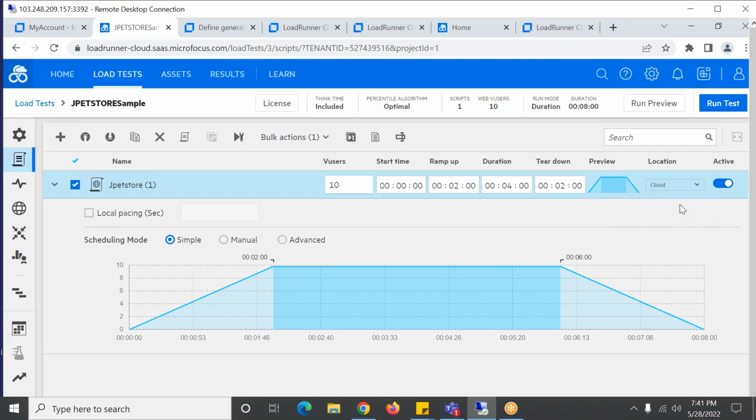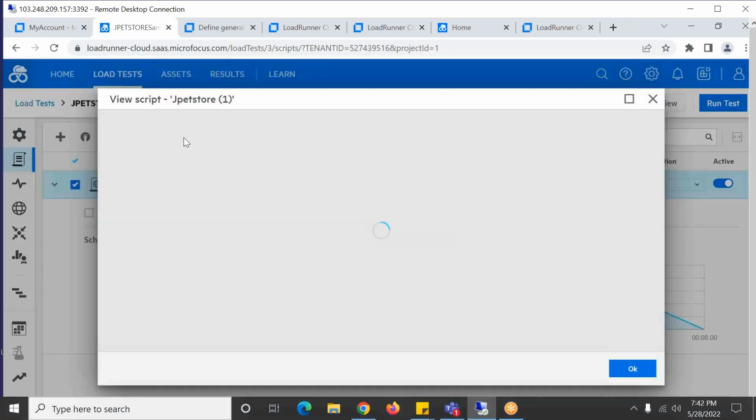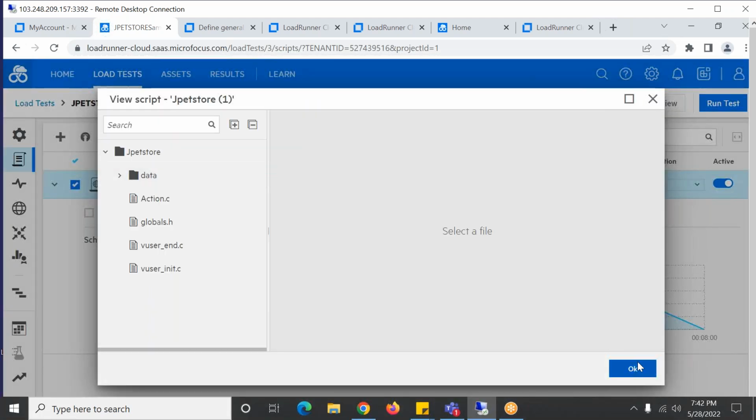This is cloud and on-premises. We are running on cloud. If we want to add virtual users, we have that option here as well. And there are runtime settings options. Even if I want to see the script, you can check the script here.